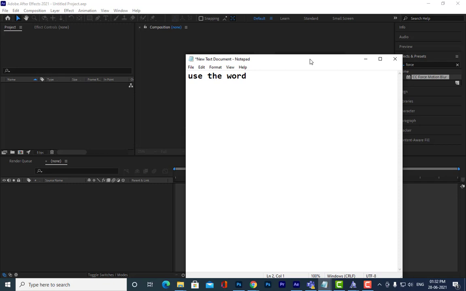Use the word ruins along with the historic background. What is a historic background?